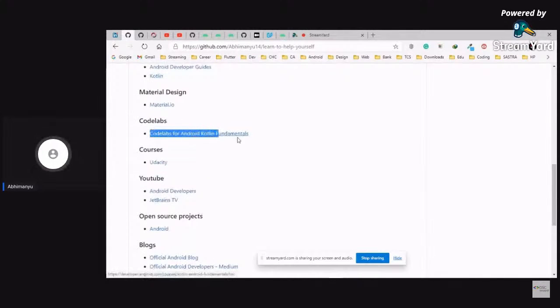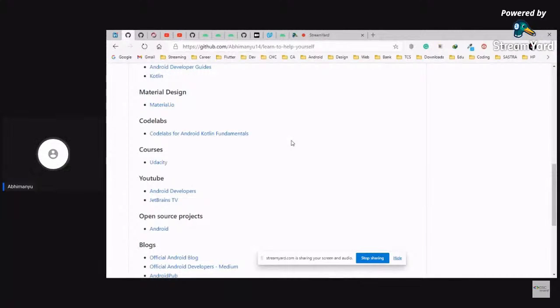And then code labs. We are already following some code labs. Code labs are provided by Google, and you can see how a sample concept can be implemented in a project. That is a good thing from Google. Okay. And then we have courses. If you are very comfortable, rather than reading, if you'd like to see some videos, you can go for